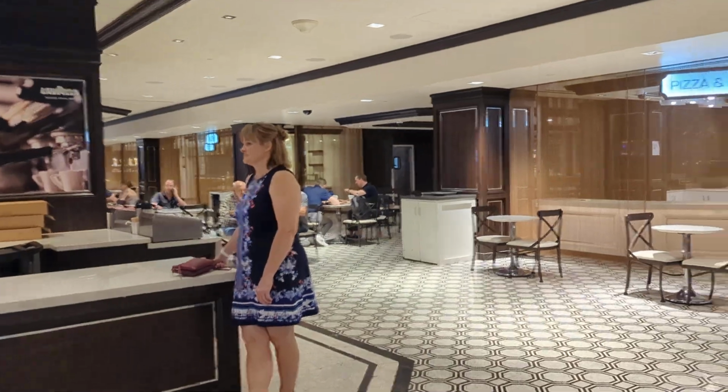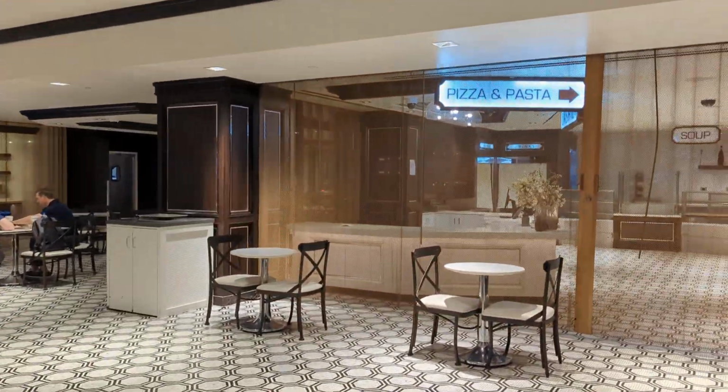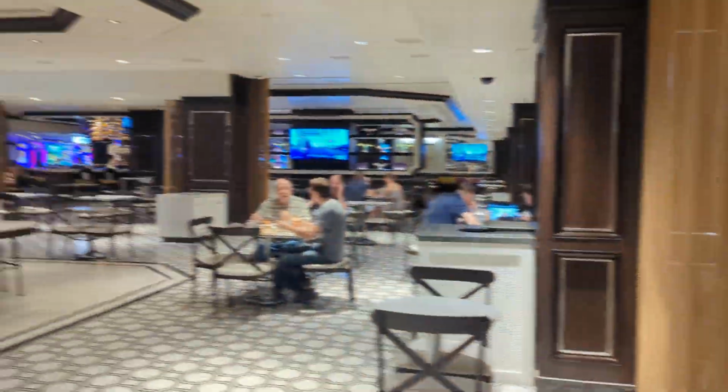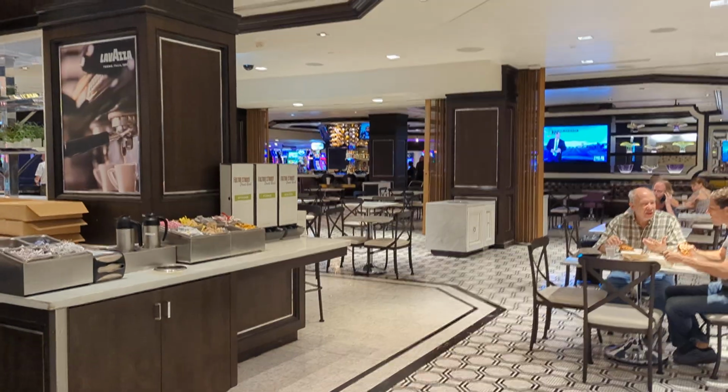I'll keep walking around. I'll say I like the ambiance. It seems to be decorated nicely. You've got a soup and sandwich place. For all of the things back here, there is one central cashier that you go to. And then walking back around to the side,